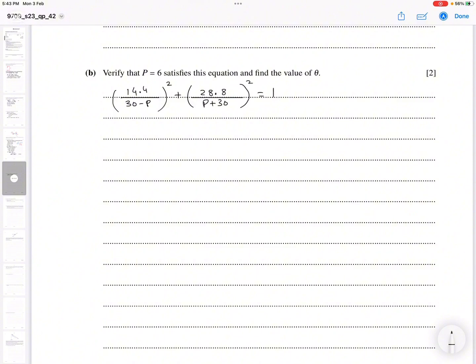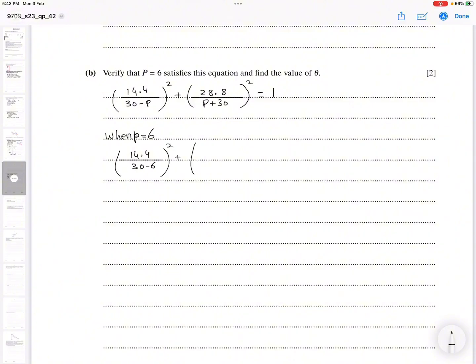Now in the left hand side we can use P equal to 6. What will happen? I'm going to write 14.4 over 30 minus 6 in place of P, whole squared,